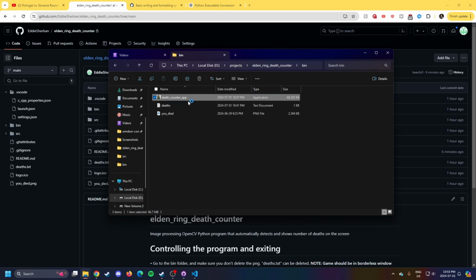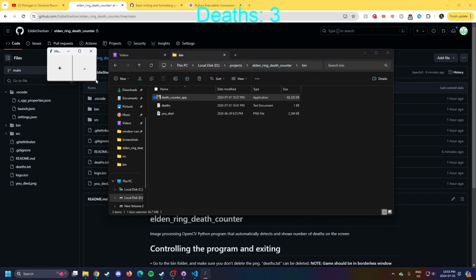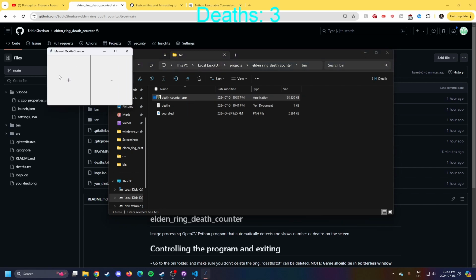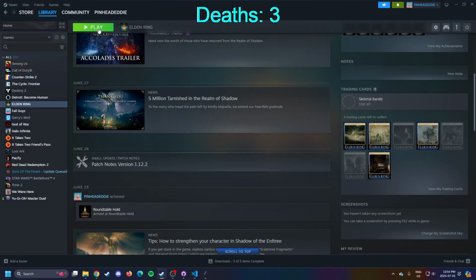So when you open the app, you get this manual death counter. So in case there's a problem with the algorithm or something, it misses or adds an accidental death, you can increment or decrement manually here. But now if we open Elden Ring,